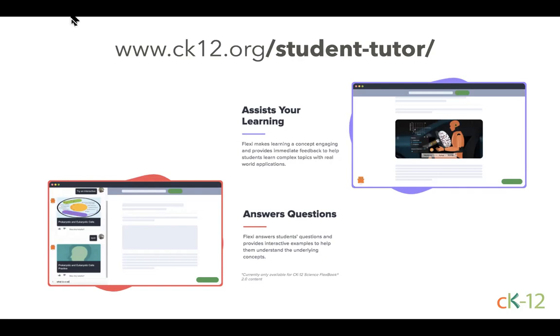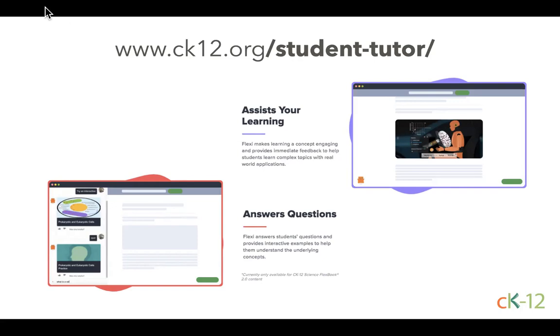and practice from there. One cool new thing, this is one of the newer pieces of the student tutor kind of unified, is the ability to answer questions. We're just checking this out on our science content. So if you are a science teacher using FlexBooks 2.0, you might start seeing the opportunity to ask our system a question. I'll demo this in a little bit, but know that we're just using it in one area. And then as we build it out, we'll continue to expand the offering for that Flexi answering specific questions